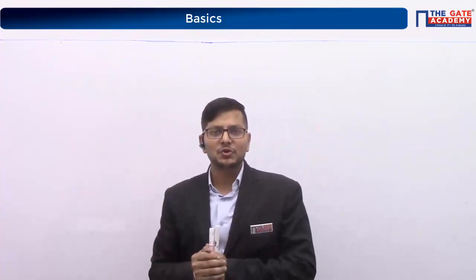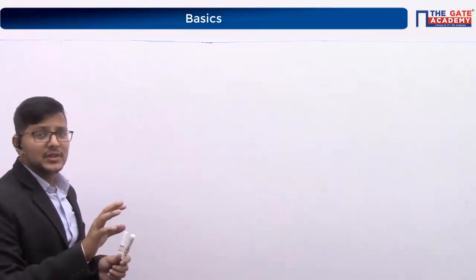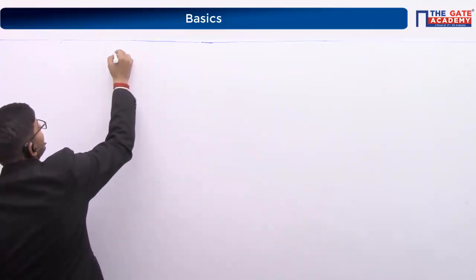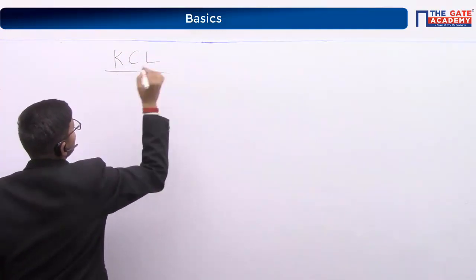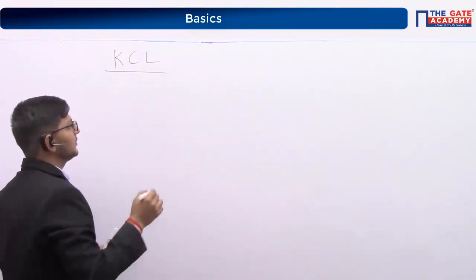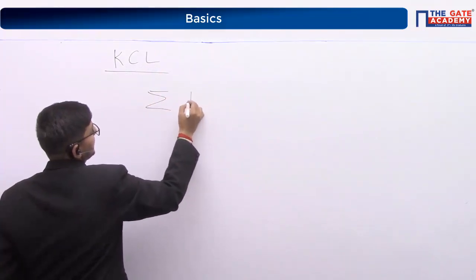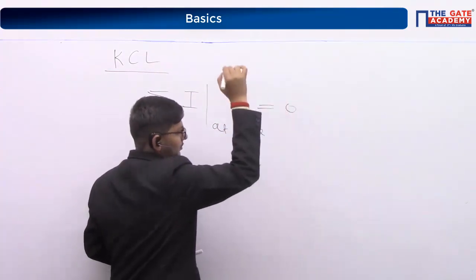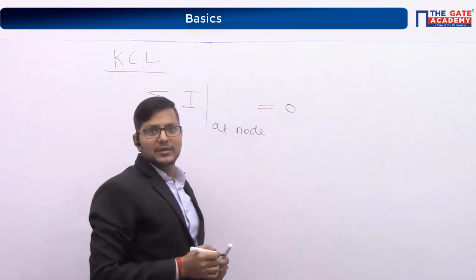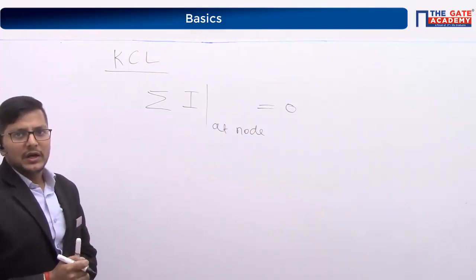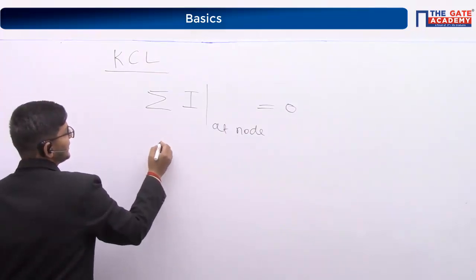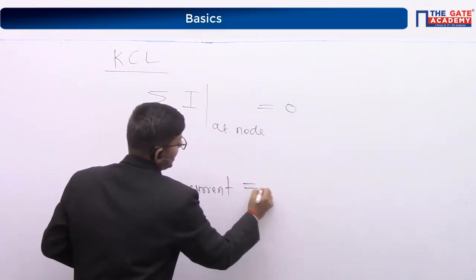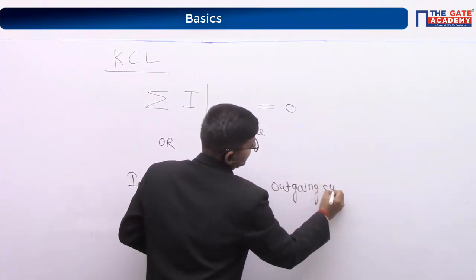Now the second topic I am going to discuss is the KCL. I am just giving a brief discussion because that is whatever is needed in analog electronics, right? KCL, what is the KCL? Kirchhoff current law. What is this? Summation of current at a node must be equal to 0. Is it right? Or one more definition is that we can say incoming current must be equal to the outgoing current at a node.